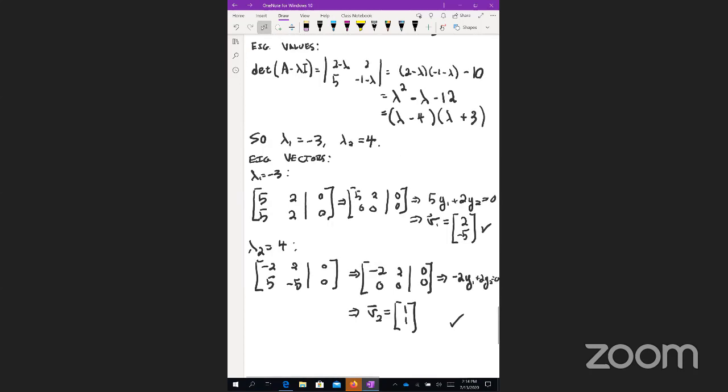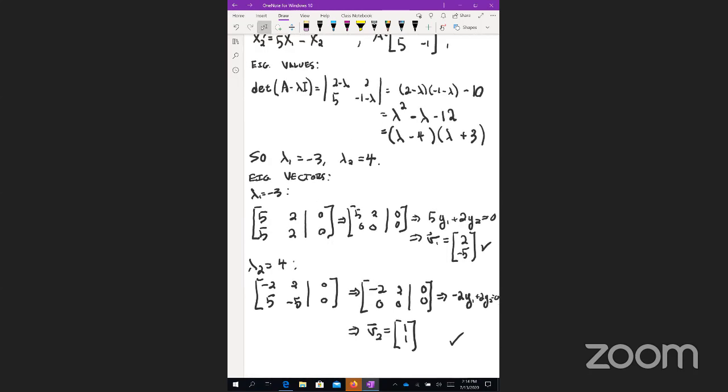Okay, are there any questions about this computation? Okay, so questions about this computation aside,